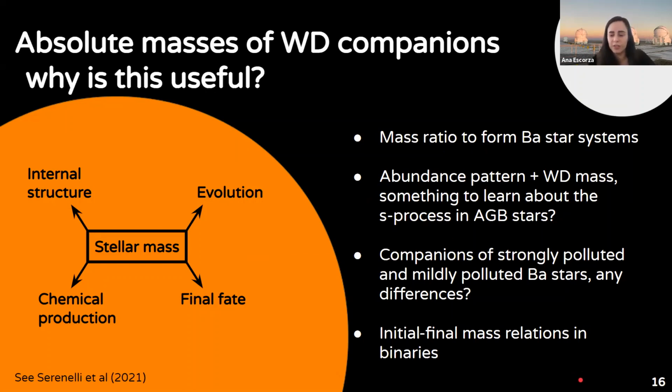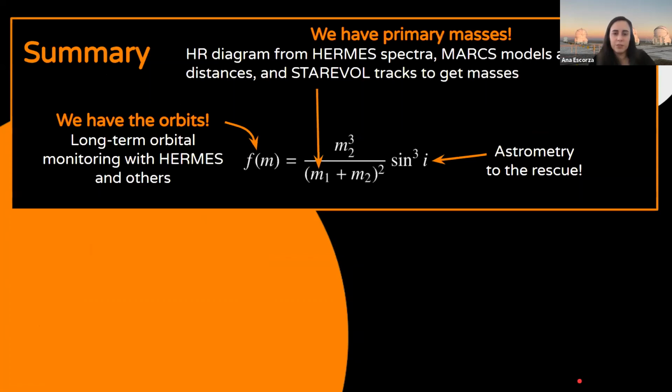So there is a lot to learn just by looking at all these data. This is just my summary. What I've done in the last 20 minutes is plugging numbers in an equation. We have orbits from mainly Hermes and some other instruments. We have primary masses thanks to Gaia distances and to a lot of other data. And astrometry is helping us to put the last ingredient in our soup in order to get these masses of